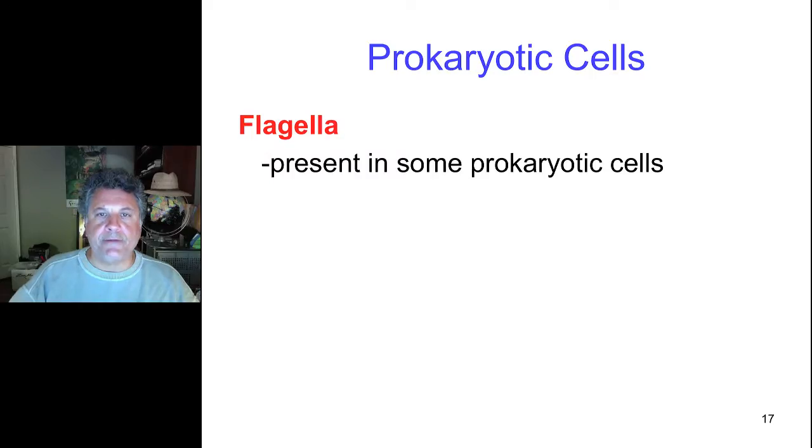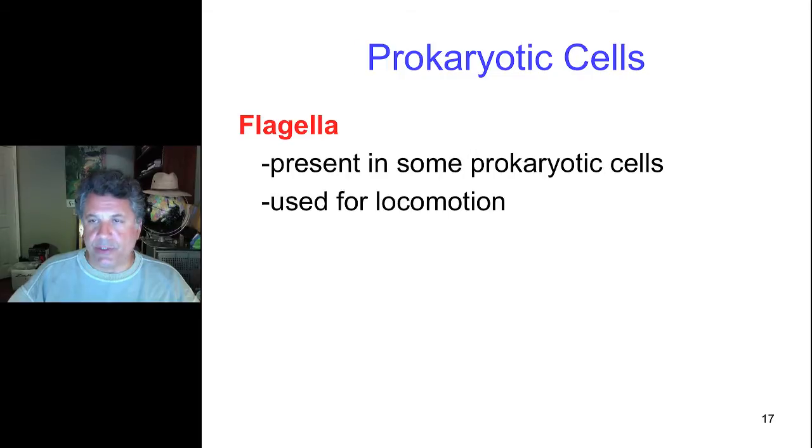I'd like to now talk about one more feature of prokaryotes before moving on to the eukaryotic cell, and that is the motility afforded some prokaryotic cells by their elaborate flagella. If we look at the flagella found in prokaryotic cells, we find that those are used for locomotion, and prokaryotic cells, we think of them as primitive, but in fact they're actually quite complex.